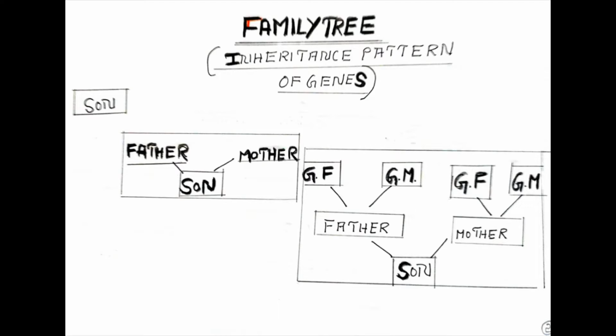So in this pedigree analysis concept, we are studying the inheritance pattern of genes. Maybe skin color or a defective gene, anything. So basically the inheritance pattern of genes can be studied with the help of pedigree analysis. If you look at this page, you can imagine the inheritance pattern. Son or daughter, genes are inherited from parents. Again, genes are inherited from grandparents. So basically, inheritance pattern.